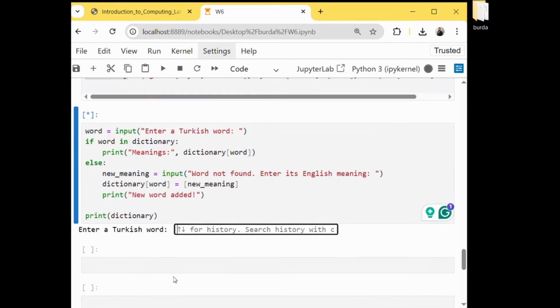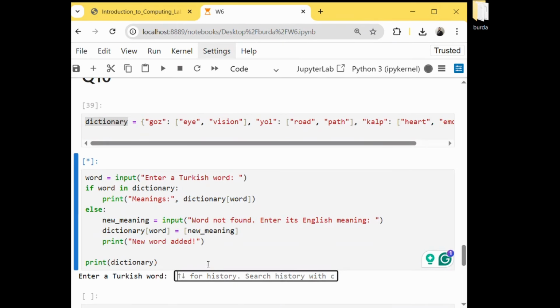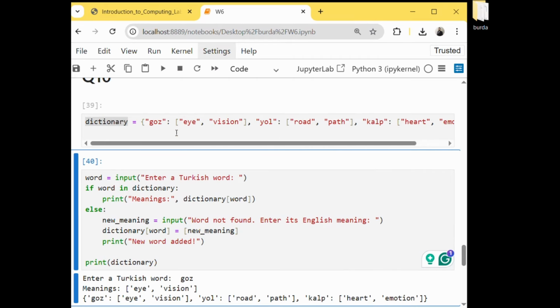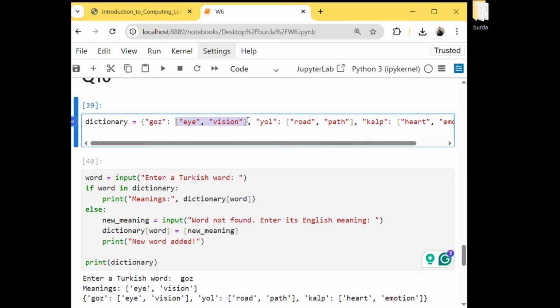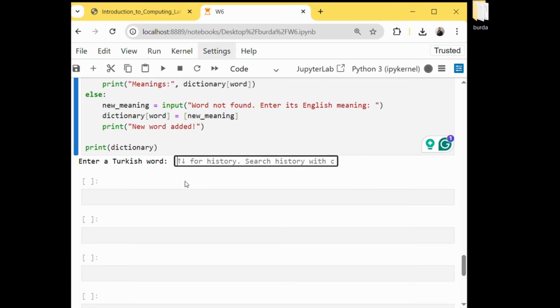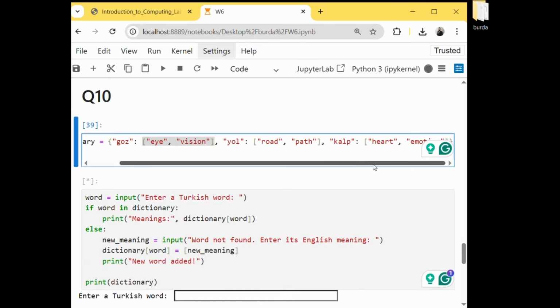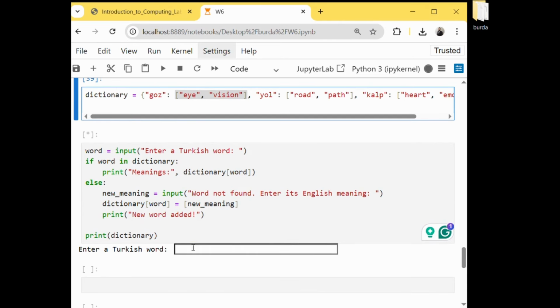Okay, let's run it. First of all, I will check the first condition. If I enter a key inside of my dictionary, like goes, it will just return its meanings, its values. But if I run it one more time, and if I put any keyword which is not inside of my dictionary,